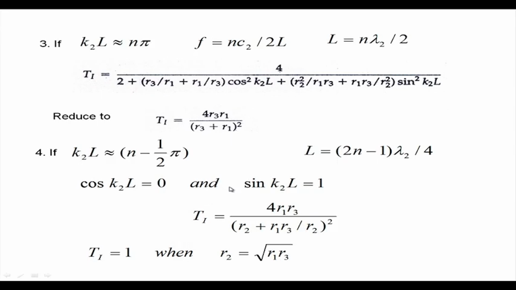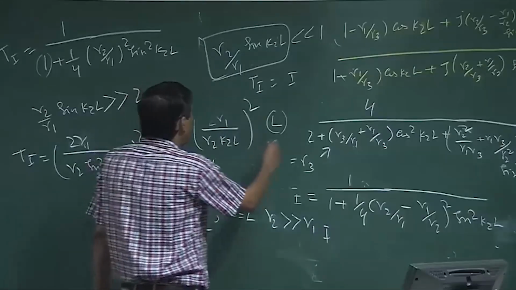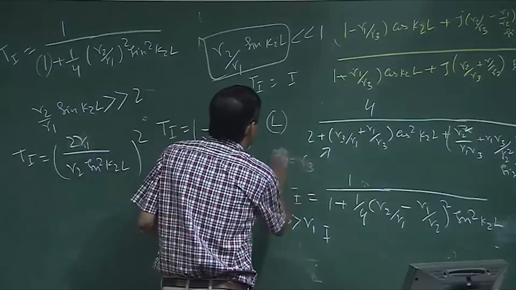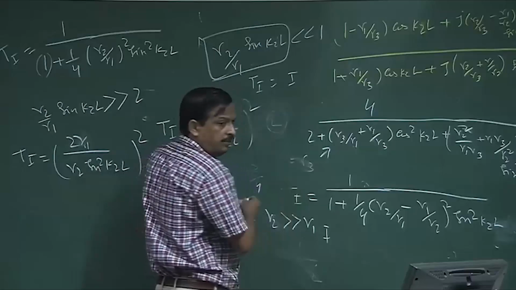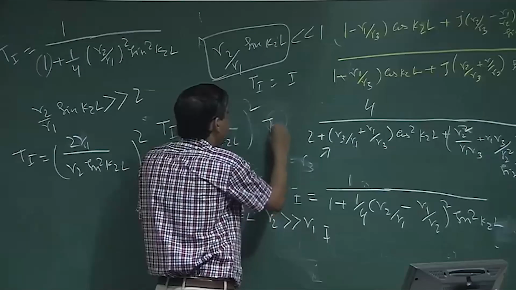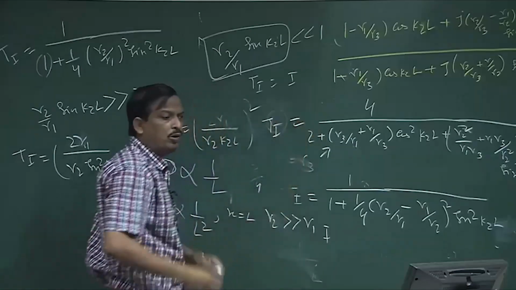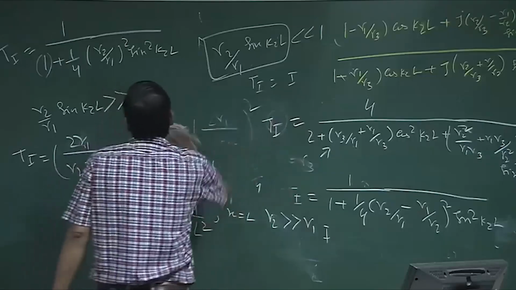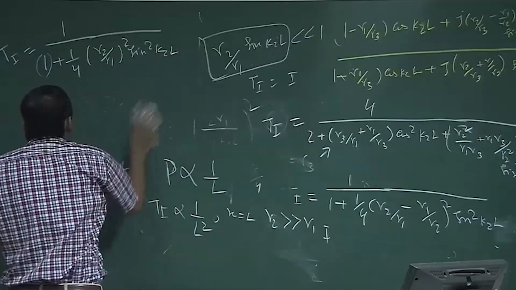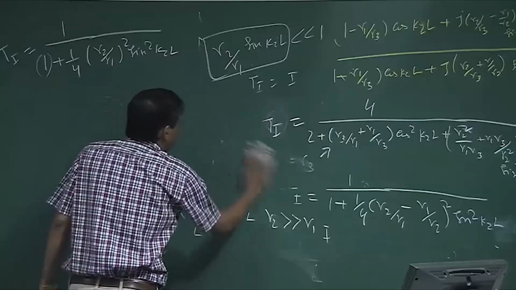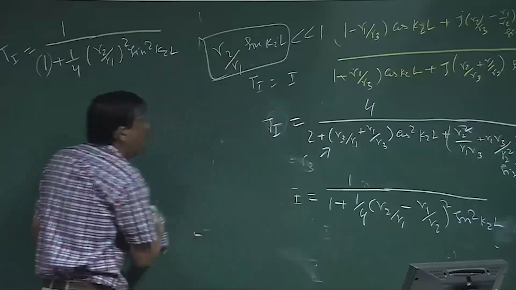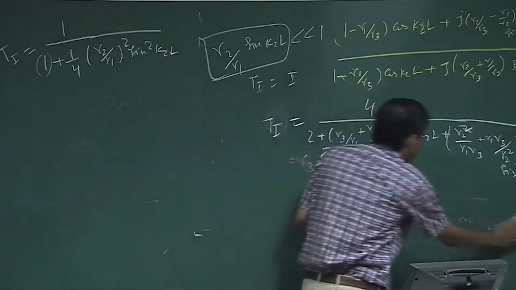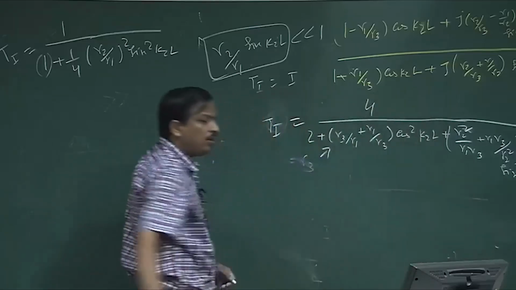Now I go for the other condition. This is the expression of Ti. Now put condition number 3. I proved that the transmitted pressure intensity is inversely proportional to the thickness. Now, this is the Ti. The condition is that